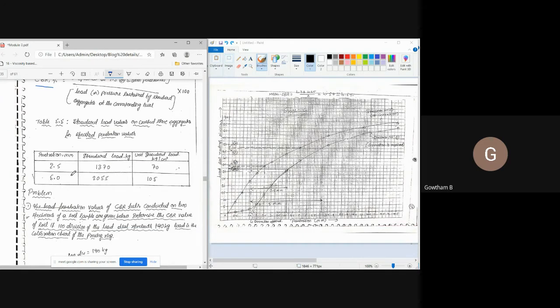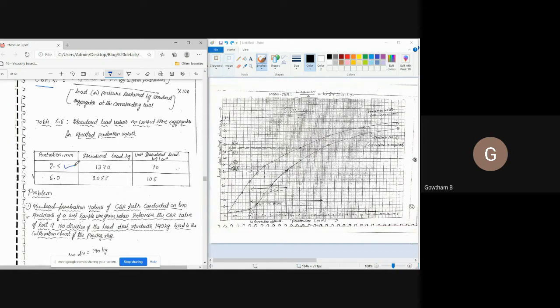CBR is given by the formula: load or pressure sustained by the specimen at 2.5 or 5 mm penetration, divided by the load or pressure sustained by standard aggregates at the corresponding level, whole multiplied by 100. This denominator value, that means the load or pressure sustained by the standard aggregate at the corresponding level, is given by